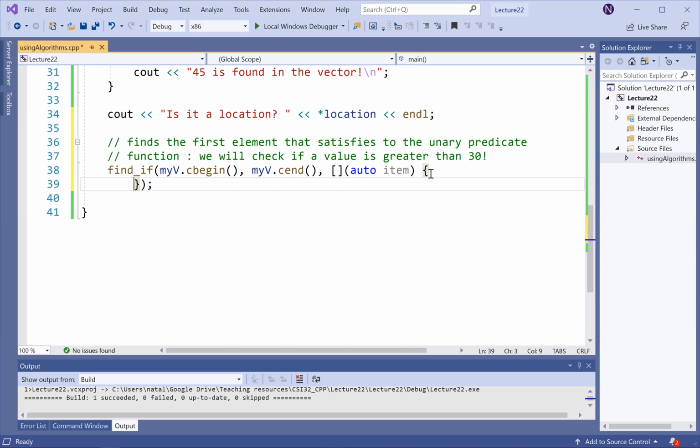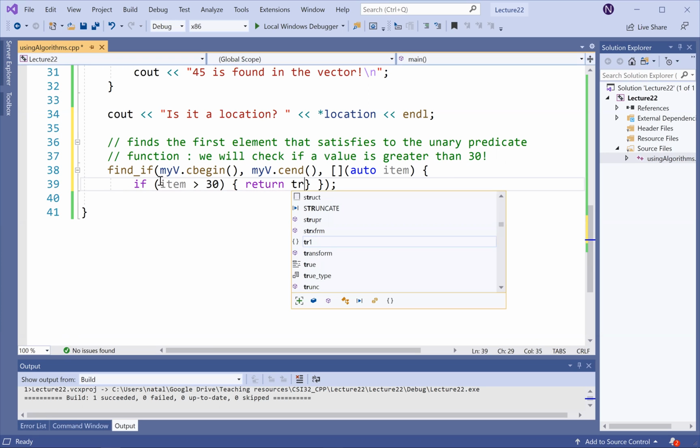Now over here, we will return true if the value is greater than 30. So if item is greater than 30, we will return true, right? We will return true. And if not,